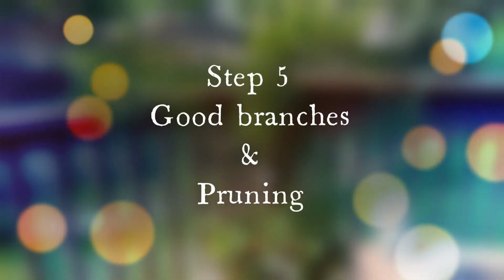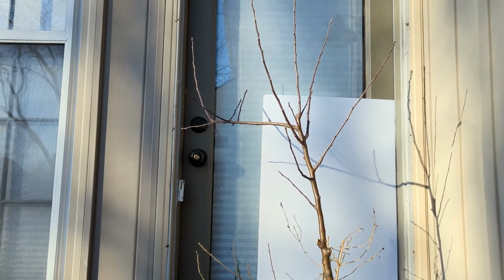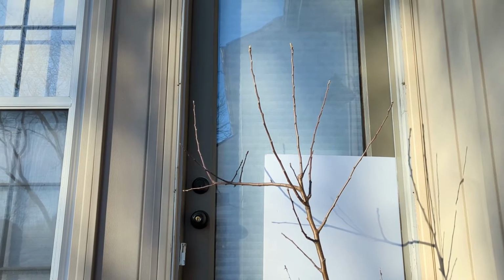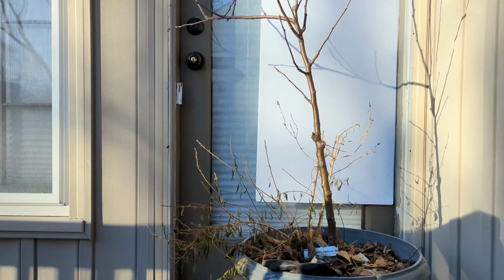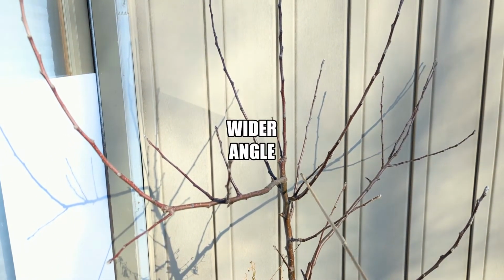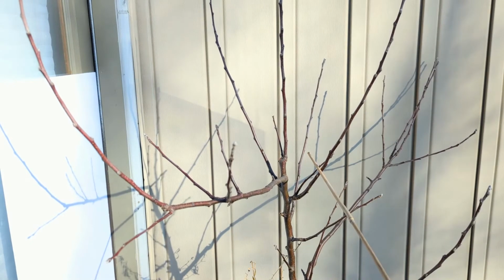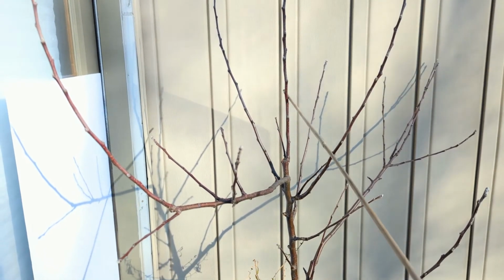Step 5. Know which branches to keep and which to prune off. We have 4 branches now on the top tier, and they are in 4 different directions. This is good because they are far enough to not crowd each other. But when looking at branches, we want to keep the ones which are at an angle of 45 degrees or more from the main trunk or the central leader, because branches at a lesser angle from the trunk easily snap off when